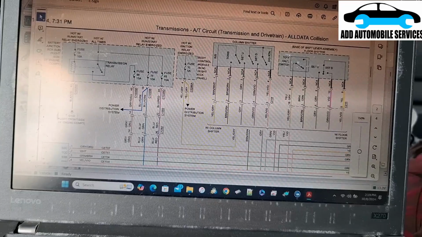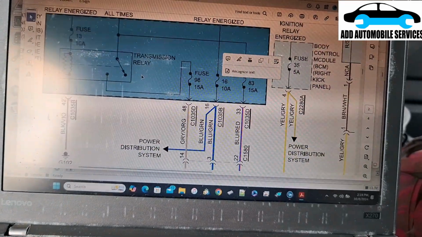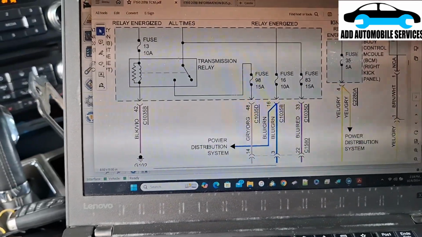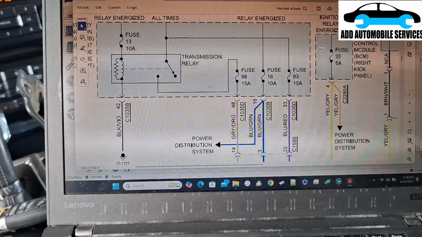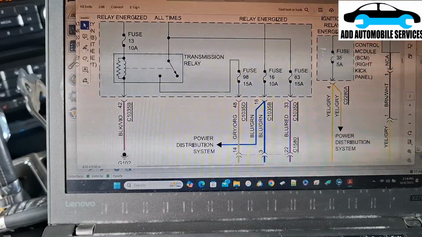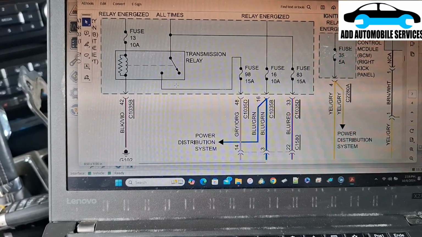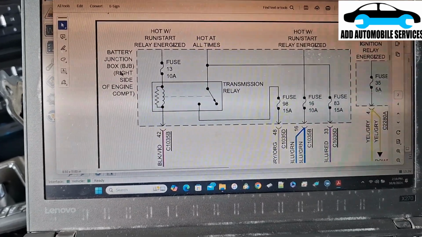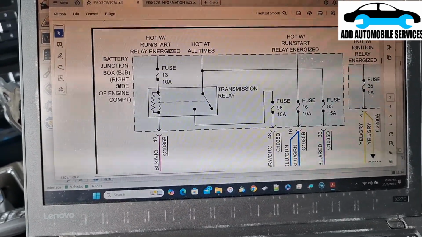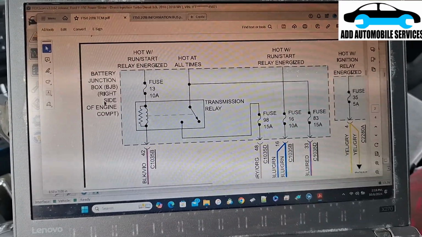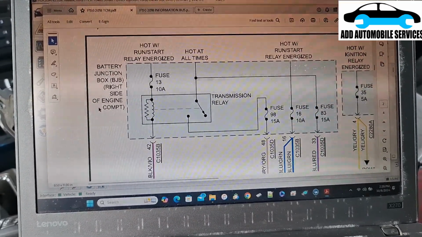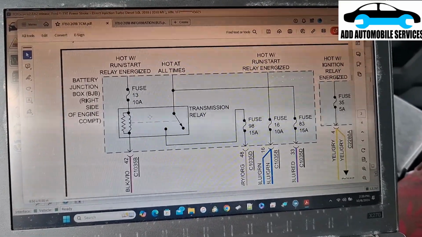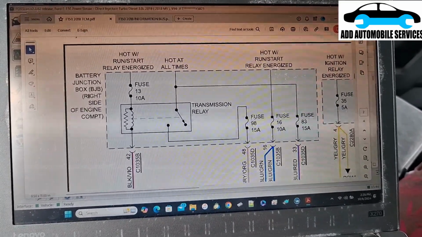So you can see the transmission has a relay, and the relay has to turn on these fuses, this fuse and this fuse. So I have to find the relay. The reason why I like the aftermarket diagram is sometimes it gives you the component location. So let's say this junction box, right side of engine compartment, that means it's at the passenger side. So I have to check if I'll be getting power on this relay,